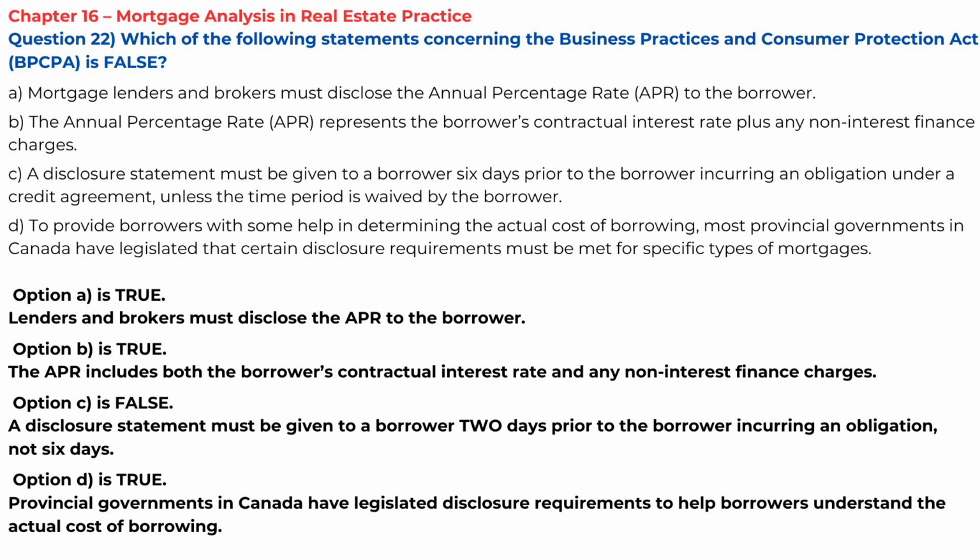Explanation. A disclosure statement must be given to a borrower 2 days prior to the borrower incurring an obligation, not 6 days. Option A is true. Lenders and brokers must disclose the APR to the borrower. Option B is true. The APR includes both the borrower's contractual interest rate and any non-interest finance charges. Option D is true. Provincial governments in Canada have legislated disclosure requirements to help borrowers understand the actual cost of